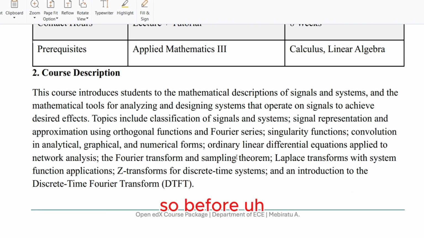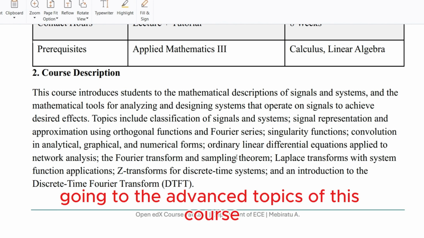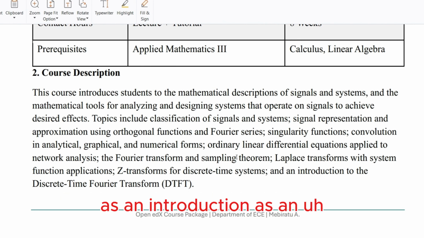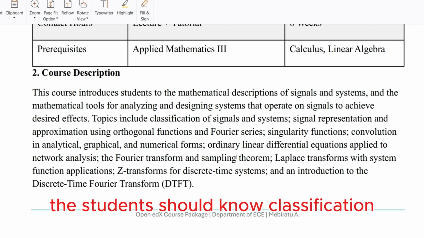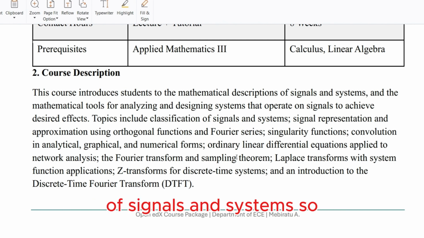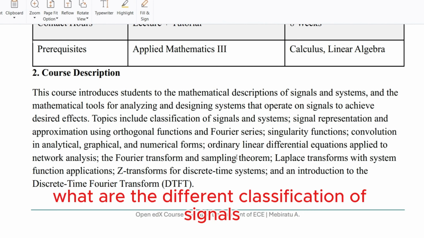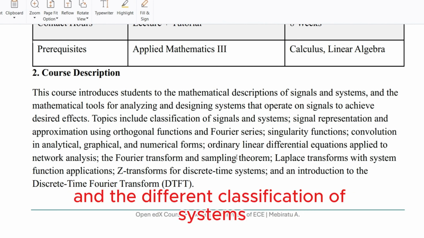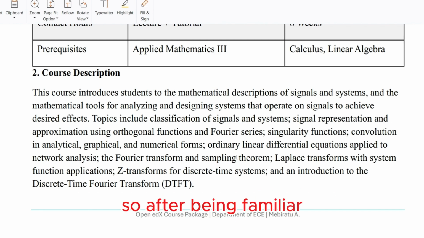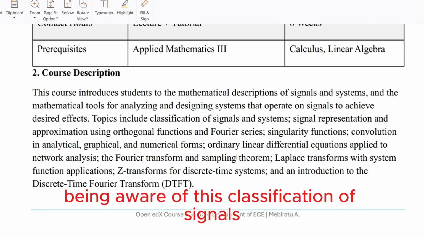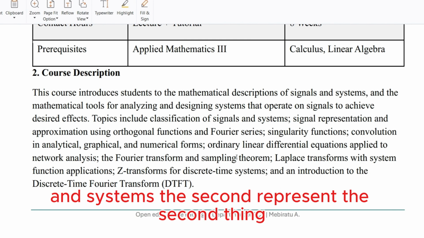So before going to the advanced topics of this course, as an introduction, the students should know the classification of signals and systems. What are the different classifications of signals and the different classifications of systems? After being familiar with this classification of signals and systems, the second